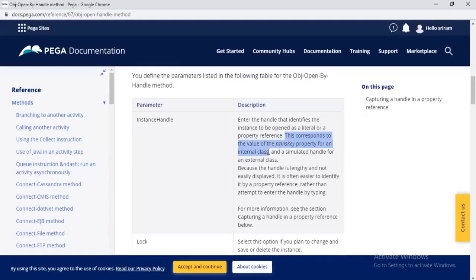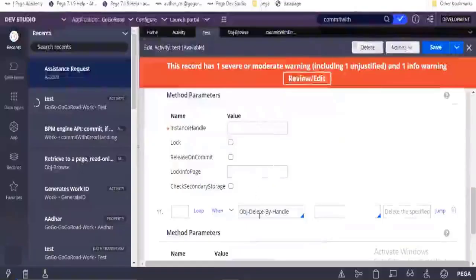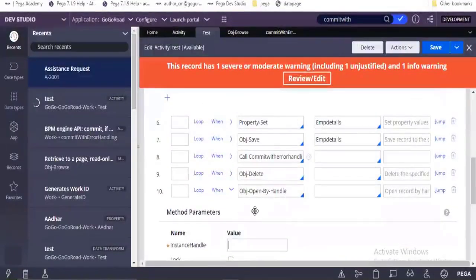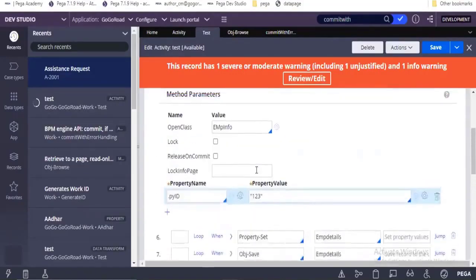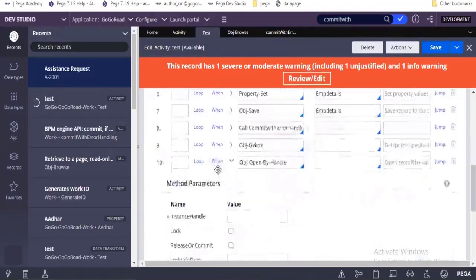Any questions? In which scenario will we use obj open by handle, and in which scenario will we use obj open? That is all based on availability. If we have the class keys available in the clipboard, then you will use obj open. If we have the pzInsKey, you will go for obj open by handle.